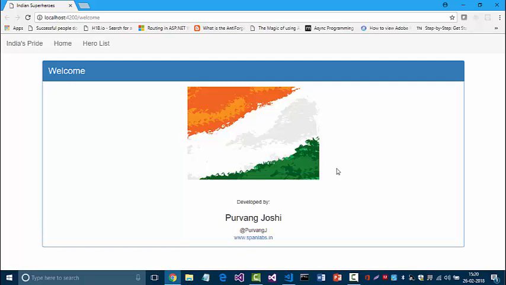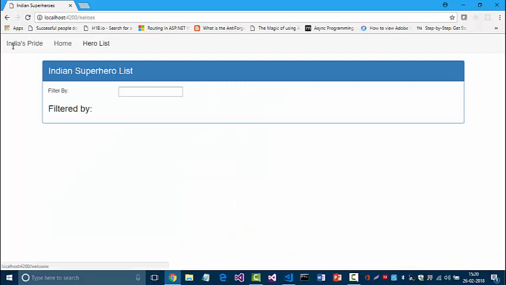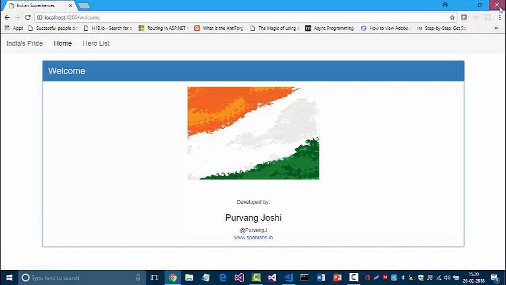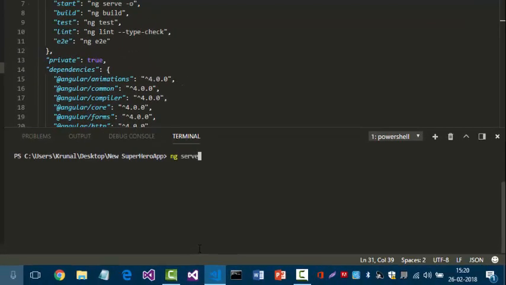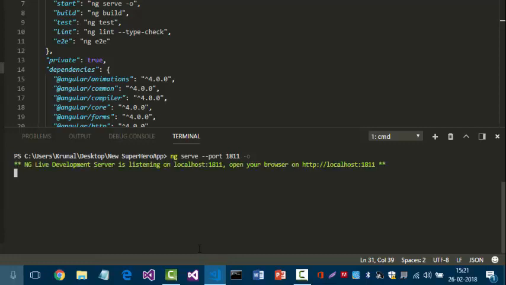and like that. Now it works the same, right? Now what if I want to run my application on some other port, let's say 1811 and not 4200? For that I have a command, I'll clear the screen, ng serve --port and then the port number on which I want to run my application, and -o. So this will run my application on port number 1811 instead of port number 4200,